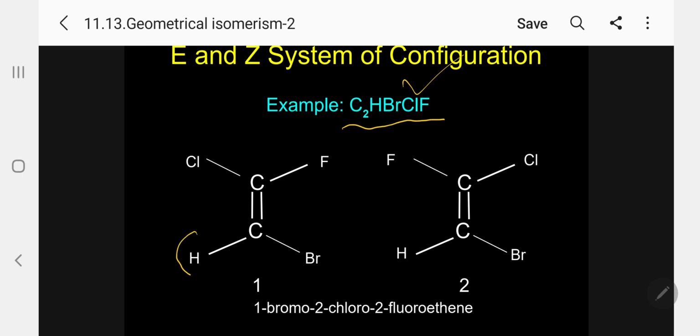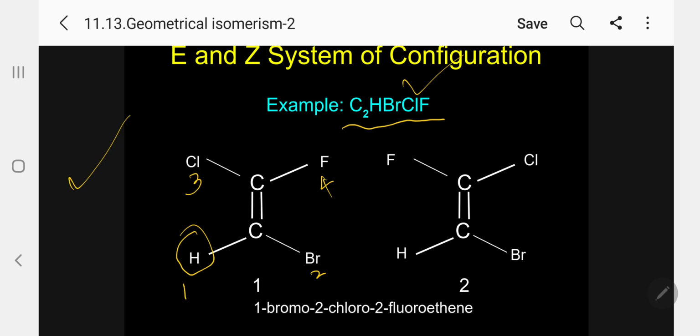Kindly follow. The fourth priority I am writing on the left hand side. I will keep hydrogen there. So alphabetically, bromine comes first, so I am giving it priority 1. This is 2, I am writing. Alphabetical priority 3 I am writing here, and 4 I am writing it. So you first start like this.